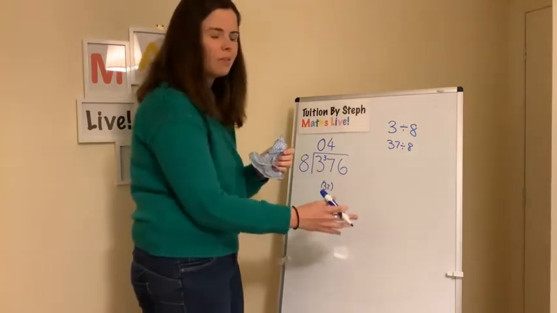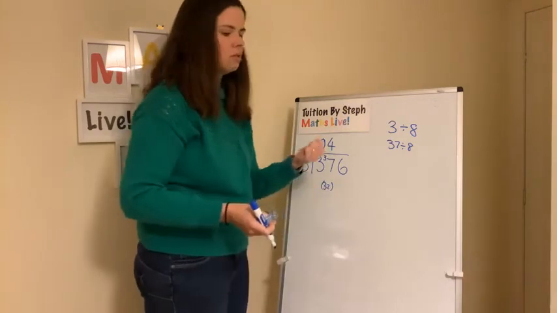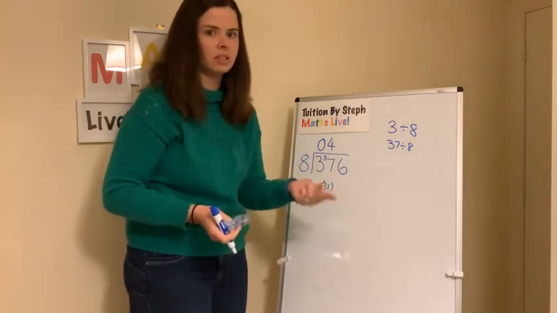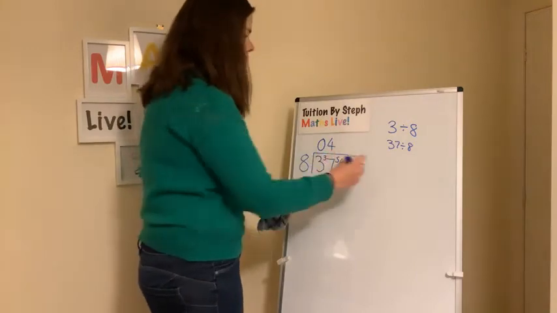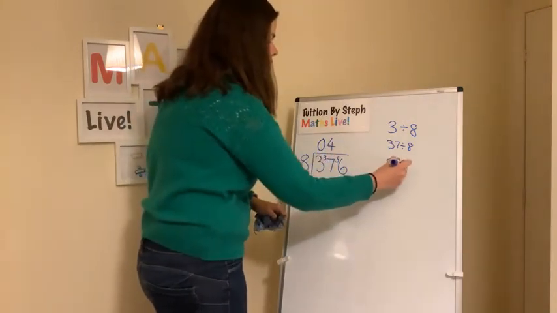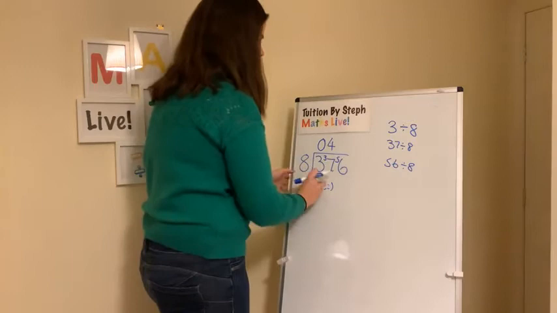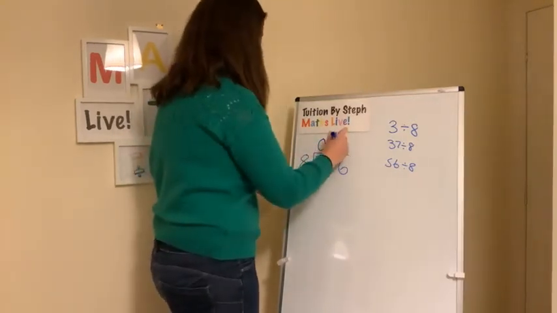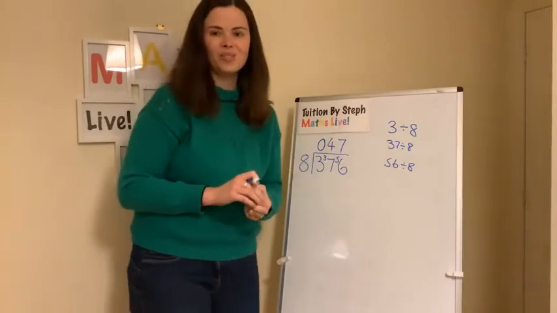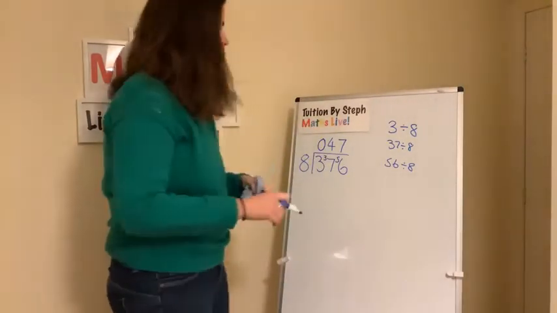So how many do we have left over? 32, 33, 34, 35, 36, 37. 5 left over. And then the last part is 56 divided by 8. If you know your 8 times table, 7 8s are 56. So the answer is 47. Well done if you got that. Woo! Or well done if you didn't drop your whiteboard rubber.